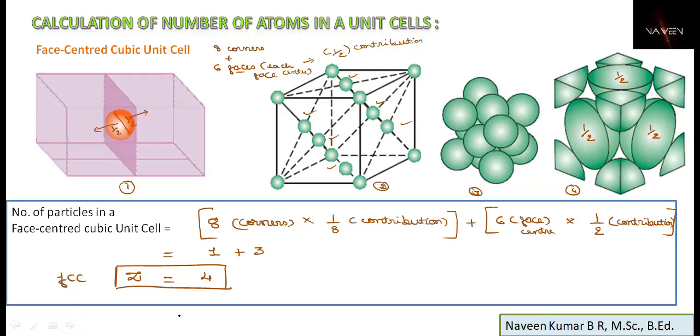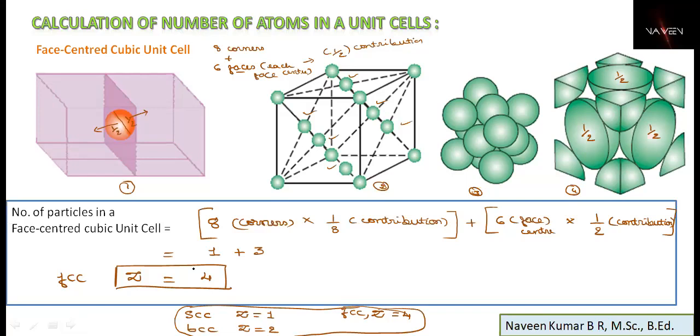Hence to conclude, the simple cubic system will have the Z value as 1. The body centered cubic system will have Z value as 2. The face centered cubic system will have the Z value as 4, which is very important to remember. Just focus and practice the calculation part. Diagrams are supportive in showing how this information is obtained.